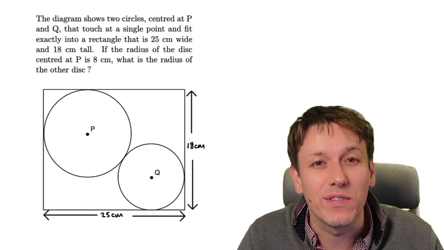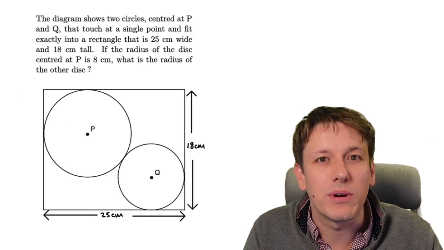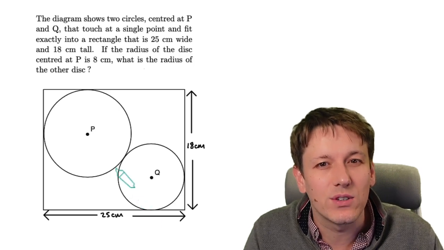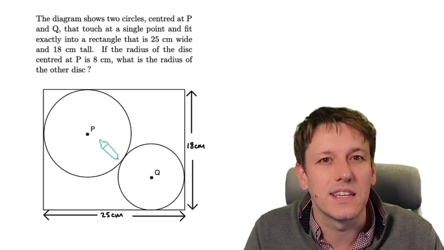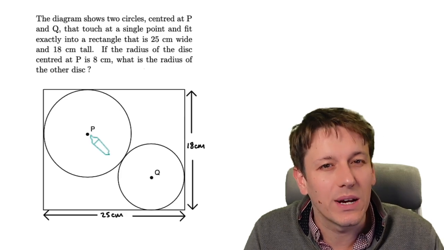This GCSE problem solving question is really tough. We've got two circles centered at P and Q. They touch at this single point and they fit exactly into this rectangle that's 25 by 18 centimeters. We're told the radius of the first disc is 8, and I want to work out the radius of the